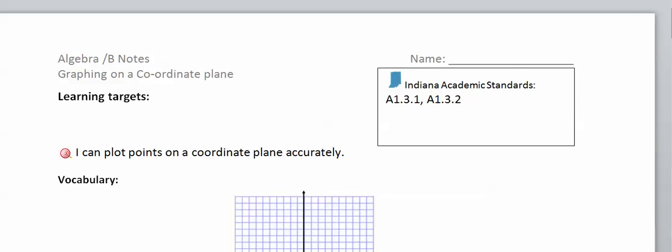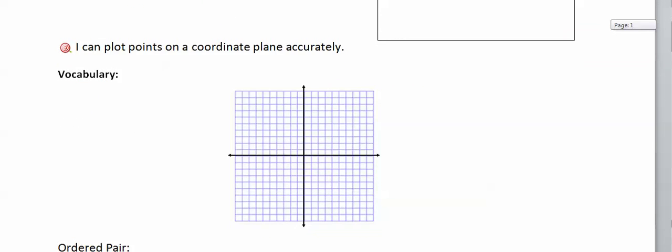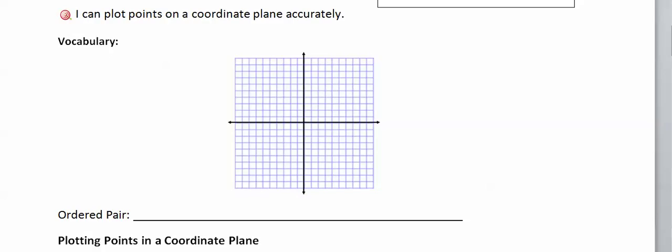Okay, so today our learning target is I can plot points on a coordinate plane accurately. And to do that, we need to know some vocabulary about coordinate planes. A coordinate plane is made up of two number lines. When they come together, each of them has their own individual values, so that if I want to plot points on both number lines at the same time, I have to use this grid